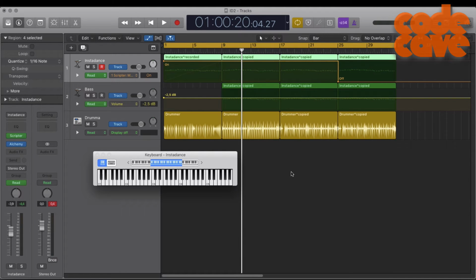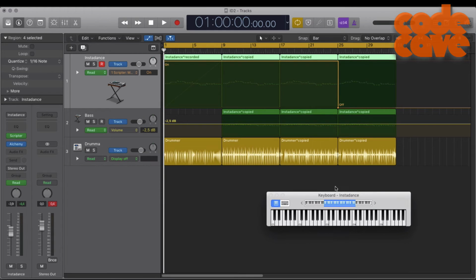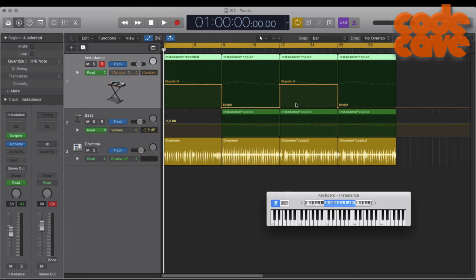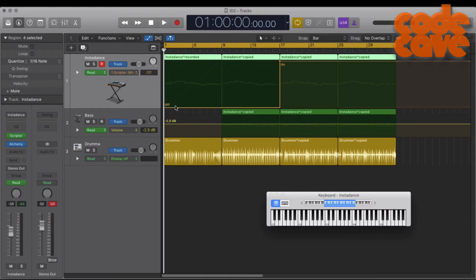So the project I have running here is the same one I had in the YouTube teaser for this script. And what I've done here is just put some automation on Scripter here. So the thing we are automating is the type of chord. So we go from standard to bright, then standard to bright, and back again. We add the 9th note in after about half the project,